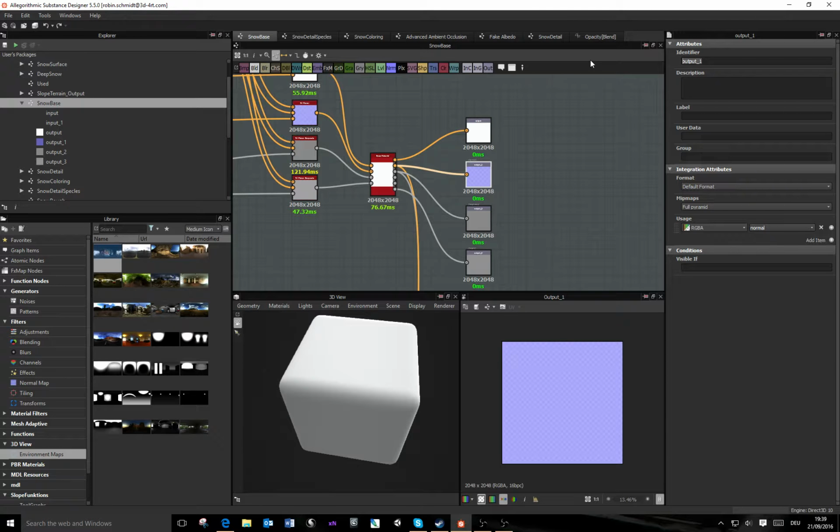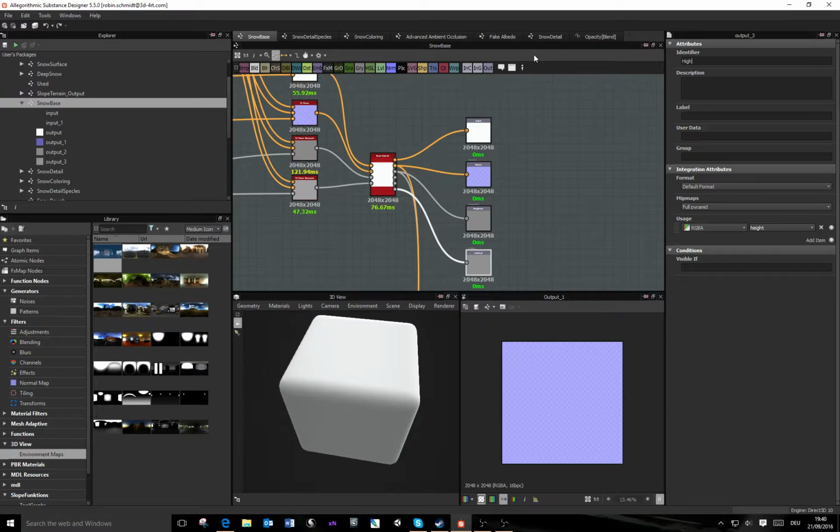Not output and zero, output and a number. That's our normal map, called normal. That's our roughness. And this is our